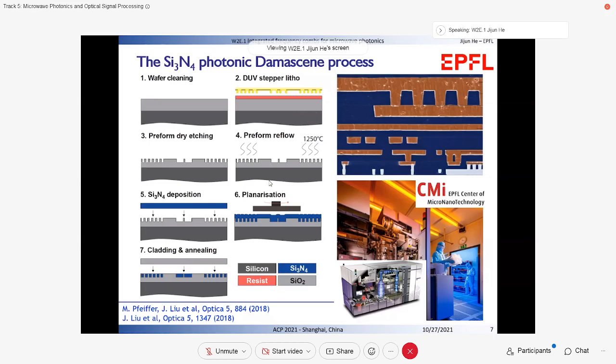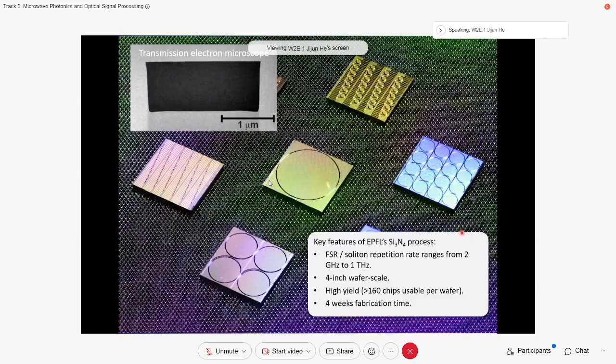The use of the DUV, in contrast to the commonly employed electron beam lithography, enables a dramatic increase in fabrication throughput, stability, and reproducibility. So this is essential to large volume manufacturing. All the fabrication processes are carried out in EPFL Center of Micro Nanotechnology. Using this fabrication technique, we have successfully fabricated silicon nitride microresonators with FSR from 2 GHz to 1 THz, and